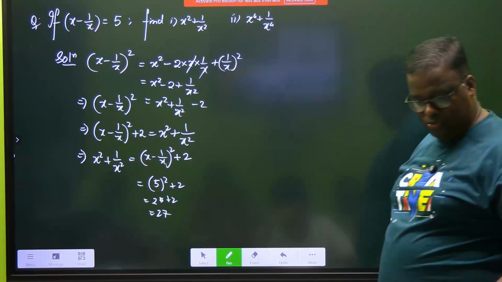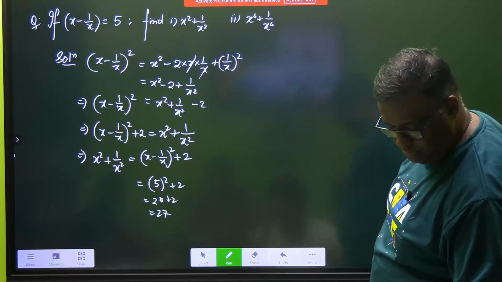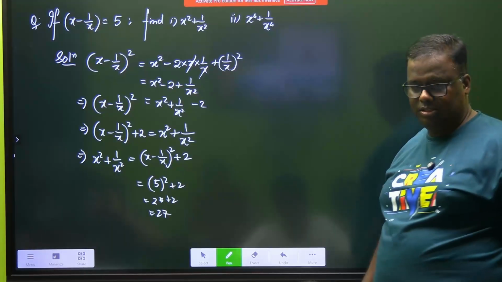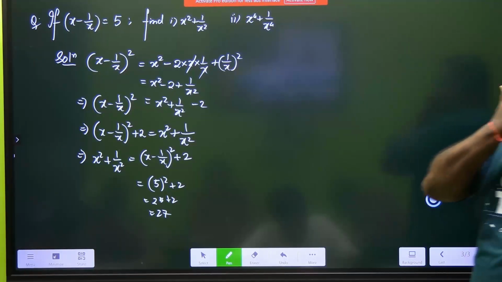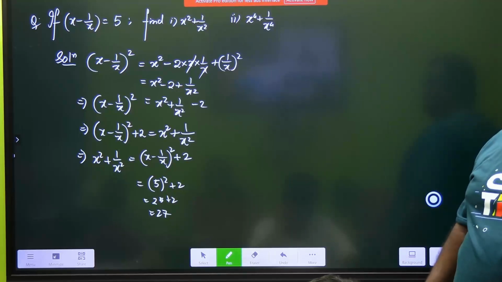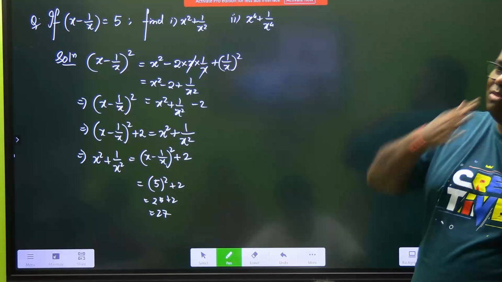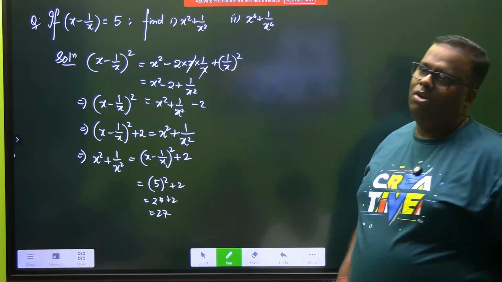X square whole square plus 2, this. Yes, very good. Now this will go to the other side as a minus. You can actually process the next one by both ways. X square minus 1 by x square whole square also. Or you can do it by